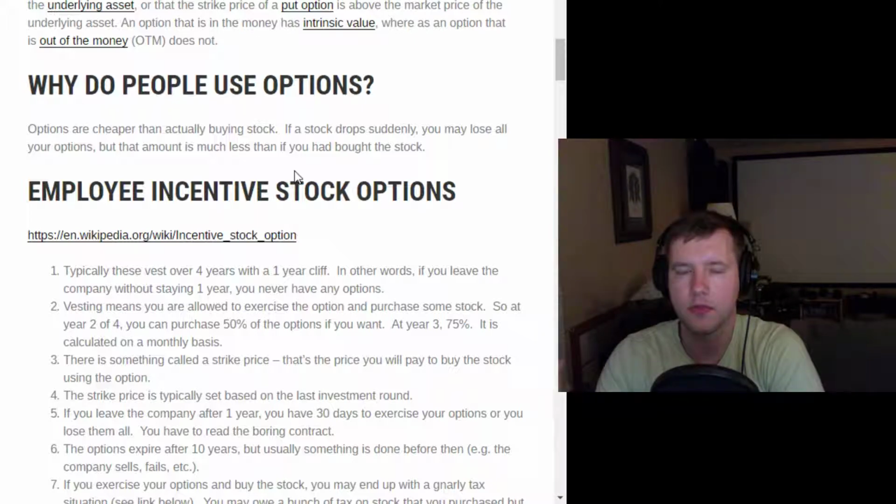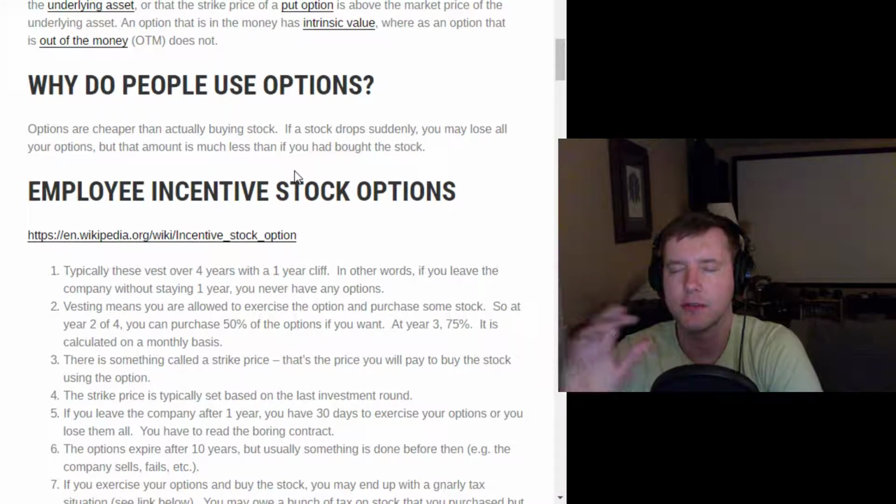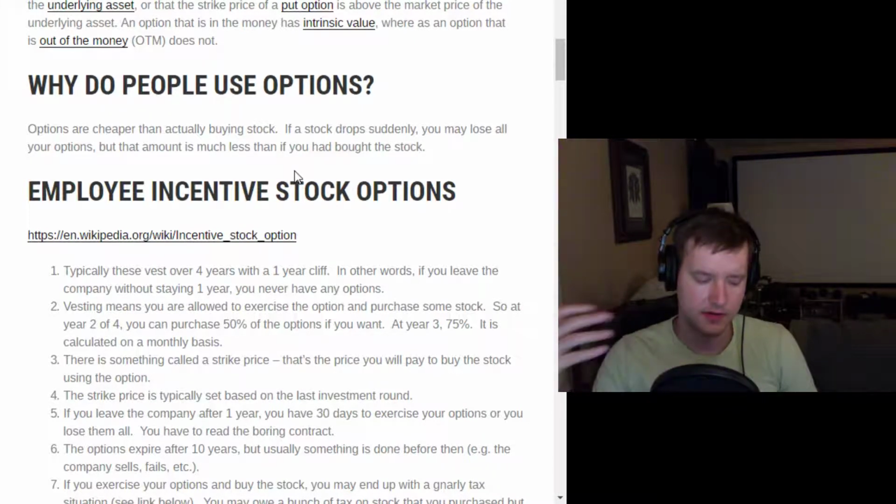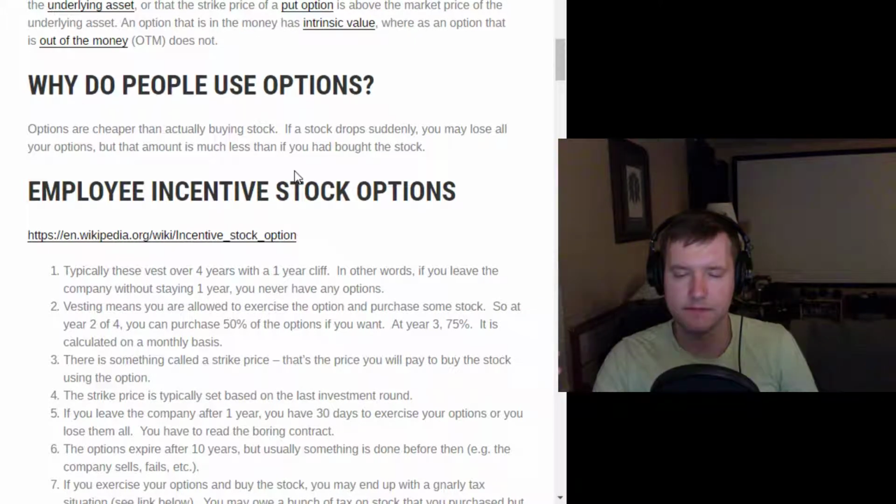And I'm just going to go through a bunch of the details and a bunch of the conditions. I'm not going to go really in depth about employee incentive stock options, or about whether or not you should buy them in different situations at different companies, because that's incredibly complicated. It's also not deterministic. I can't tell you a rule where I have evidence that would support following that rule.